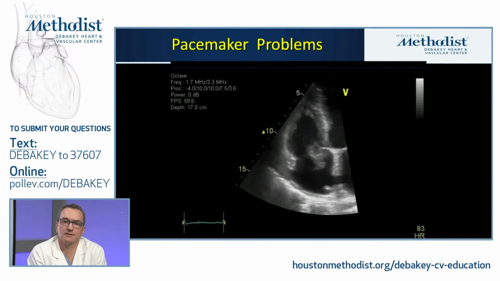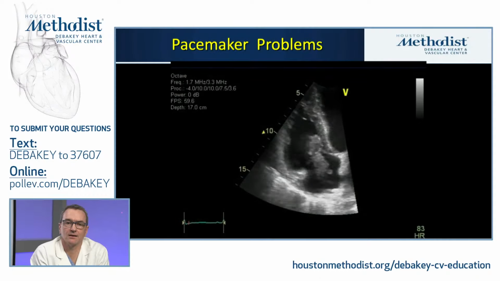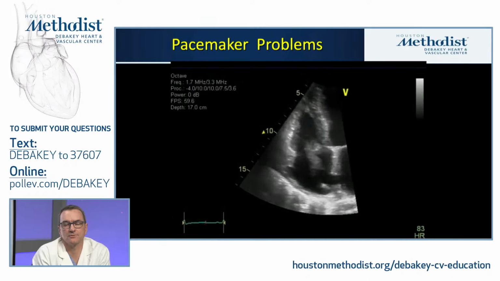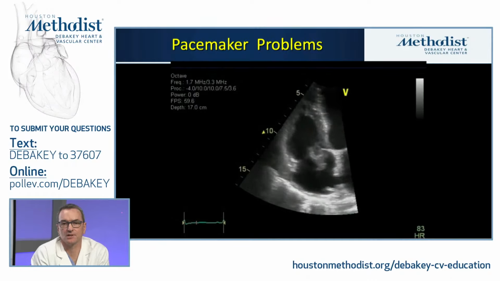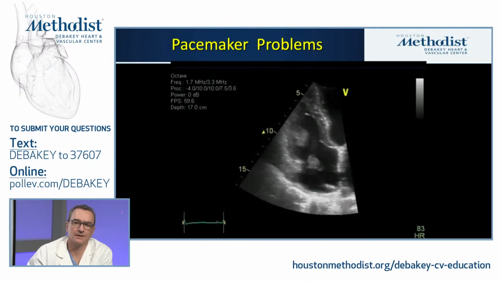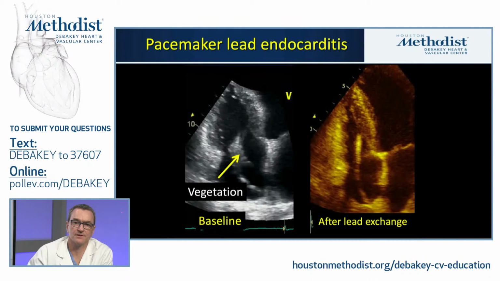This is a pacemaker in the right heart. You can see a bilobed, very large mass. There's some on the lead, perhaps some attributable to the attachment to the tricuspid valve, but generally not. And I say not because when you do a lead extraction, usually that's very effective in cleaning out the visible mass entirely. So after lead exchange, no mass at all, and it was all attached to the lead.